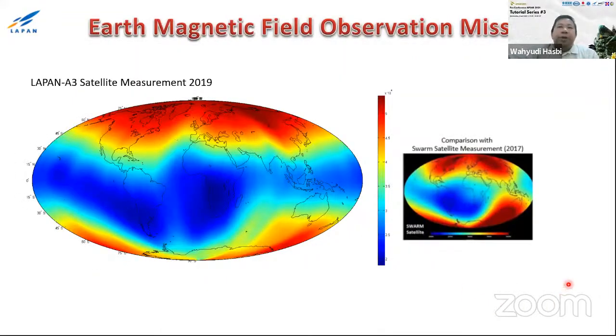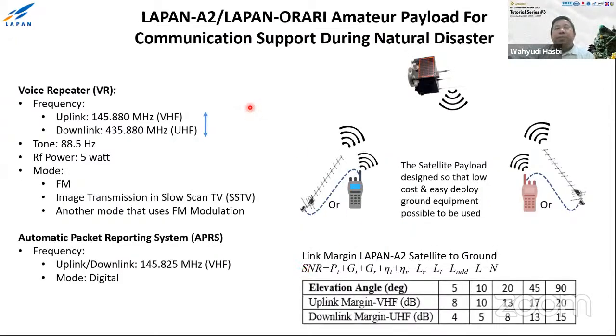And another payload that we are using in our satellite is, as I mentioned before, that we are using the satellite to measure the Earth's magnetic field for our globe, and you can see here the North Pole and South Pole, and this is the South Atlantic anomaly happening in Latin America, right? And then another payload that we are putting in our satellite is